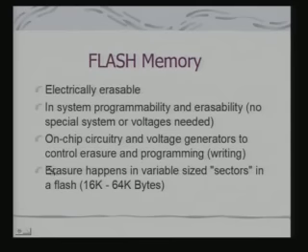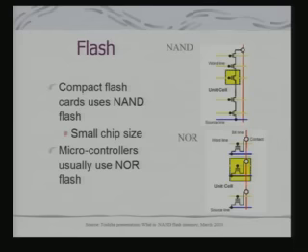So, they are electrically erasable, but the interesting thing is they are erasable in terms of sectors, variable size sectors in a flash. The basic difference between electrically erasable PROM and flash is that in electrically erasable PROM you can erase each word individually, but here it is block erasable typically. There are two kinds of flash which are available, called NAND flash or NOR flash, depending on the way the cells are organized.